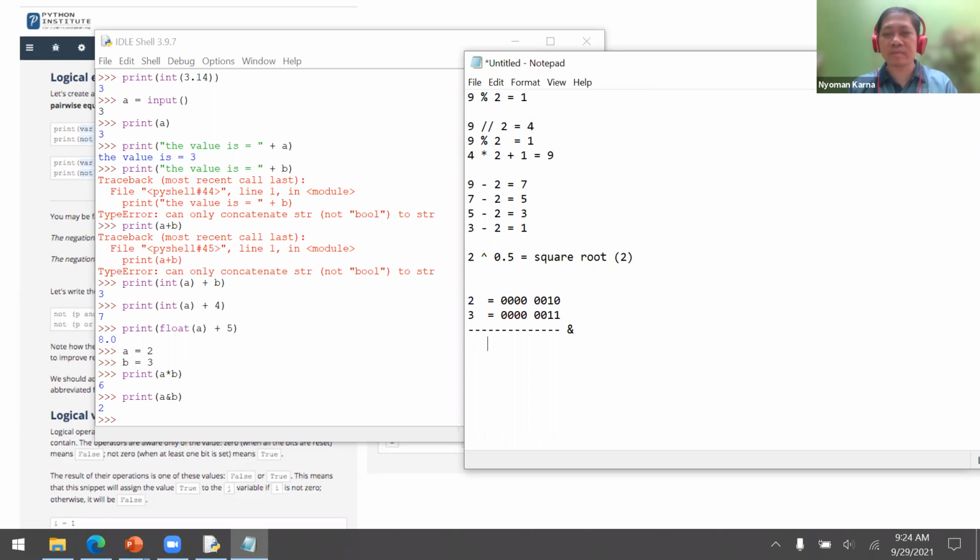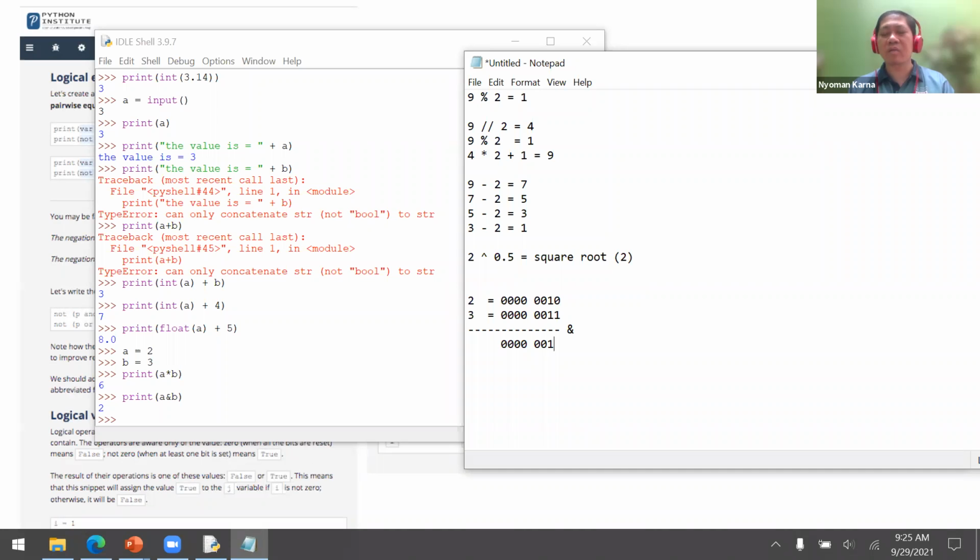So that's why 0 and 0 is 0, and then 0 and 0 is also 0, and so on, until this one, 1 and 1. 1 times 1 is 1.